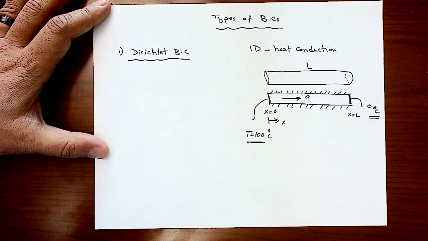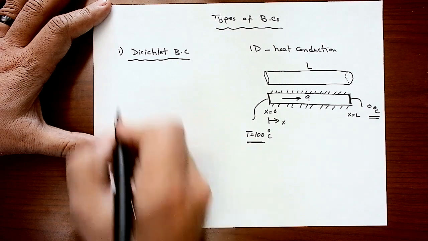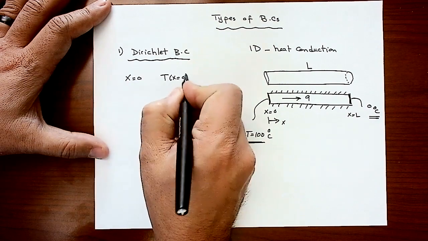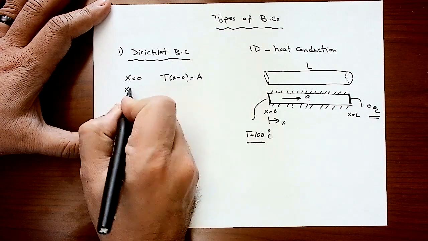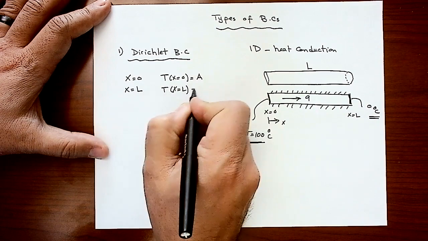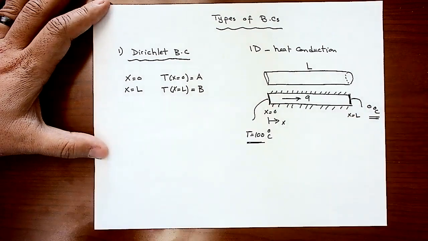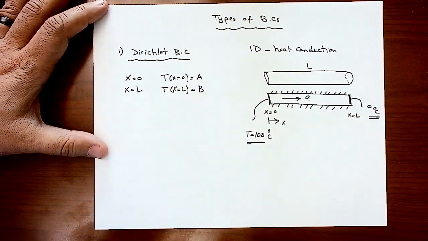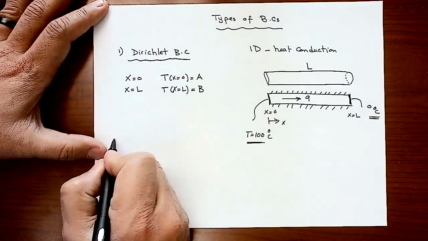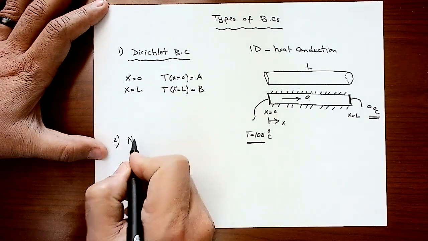a Dirichlet boundary condition. So you would say that at x equal 0, the temperature at x equal 0 has a value of A, and at x equal L, the temperature at x equal L has a fixed value of B. That's what we call Dirichlet boundary condition. This is the most famous case we are dealing with. So that's number one. Second type of boundary condition is called Newman